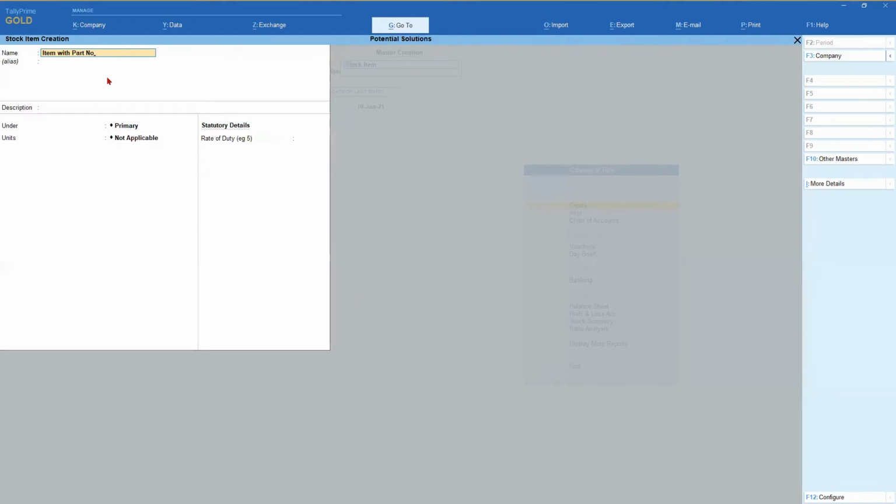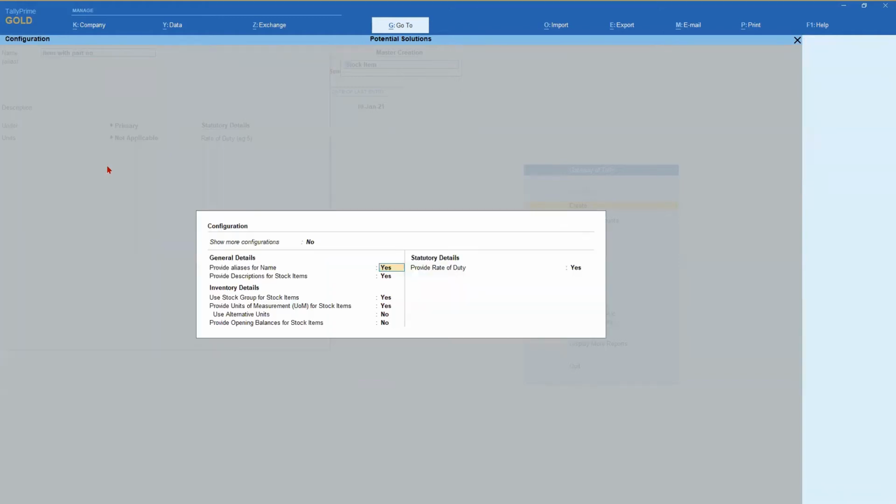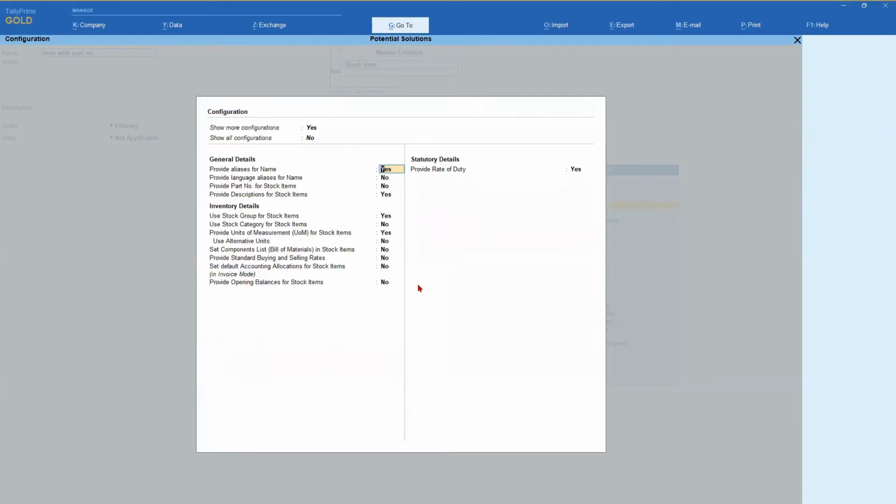Now, for us to first capture the part number, we know that we have to enable it in the F12 configuration. So I'm going to press F12 configuration, and this is where I have to say show more configuration. You can come here and then press enter.